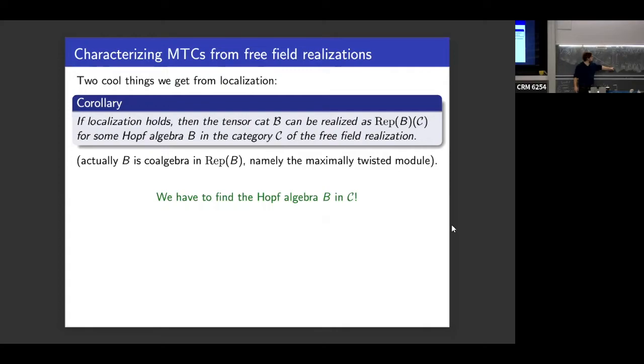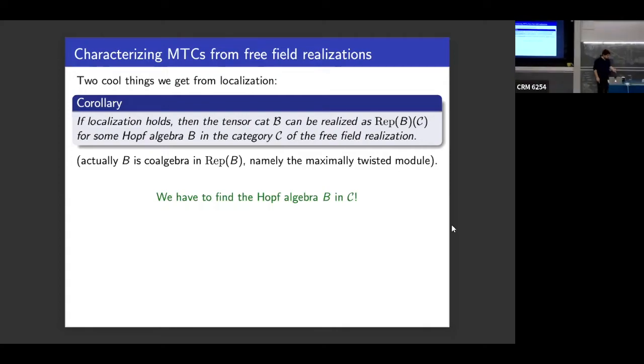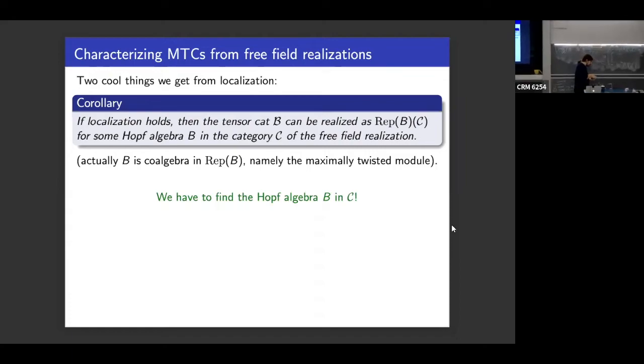No Drinfeld blocks anymore. So suppose I have this yellow arrow, then immediately, and that's what it's designed for, B is now representations of some Hopf algebra B over C, because there's a functor in this direction, not in this direction. And from a VOA perspective, it's funny because from all perspectives, it somehow doesn't really make sense. It is all nice, but it's also not what you would think about.